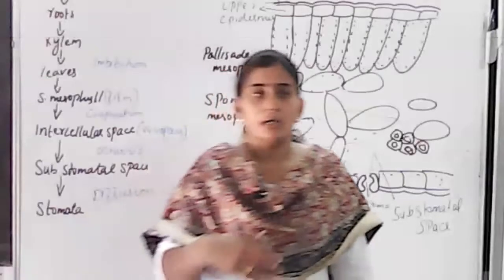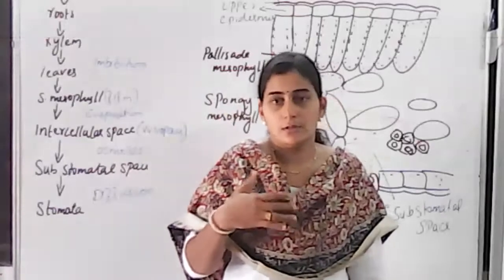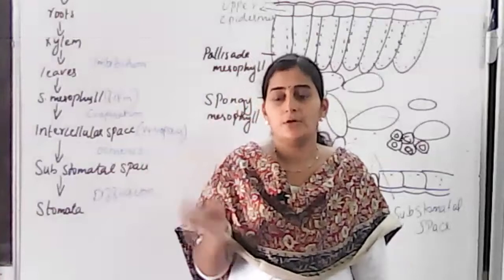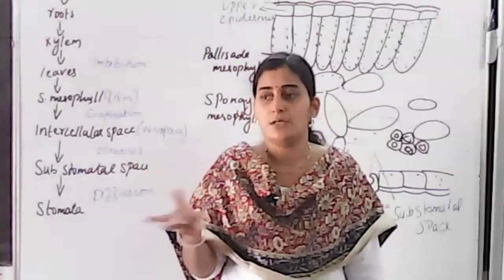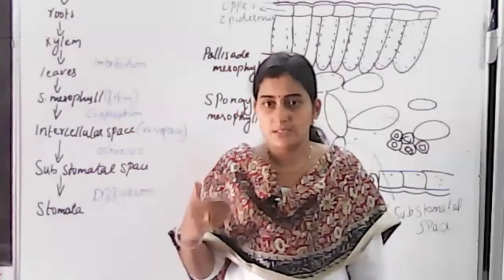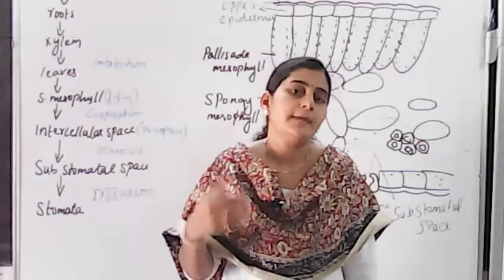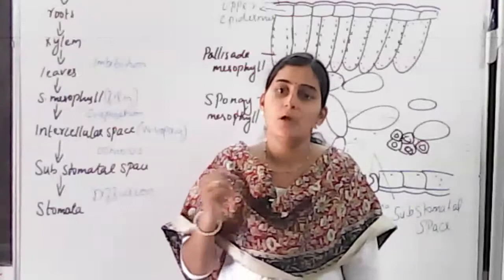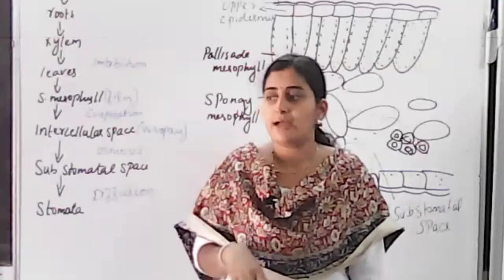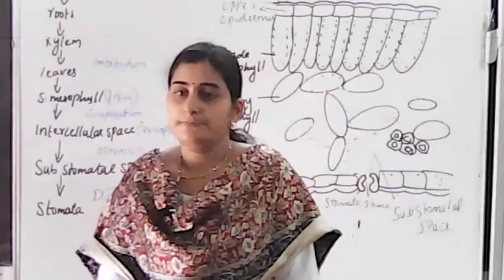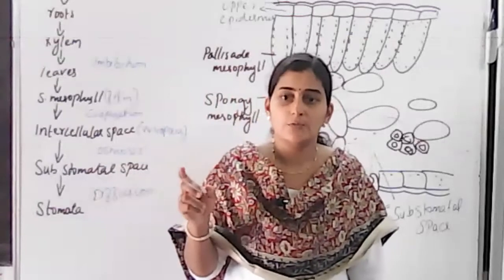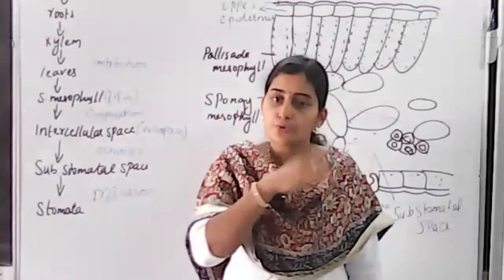And what are the different factors which influence the movement of water from xylem through stomata, or which favor the process of transpiration? That is, imbibition will be there. Just see the diagram given below. Imbibition is a factor, evaporation is a factor, diffusion will be there, osmosis will be there. So these are all the factors which favor the process of transpiration. Clear about the structure of a leaf and how water is transported from xylem through leaves?